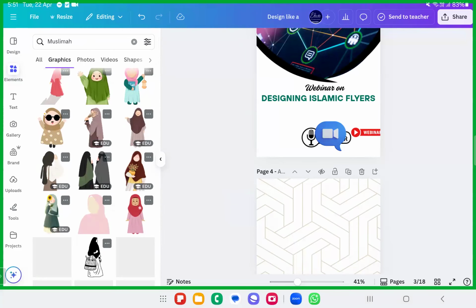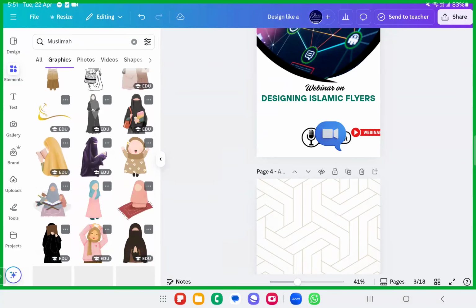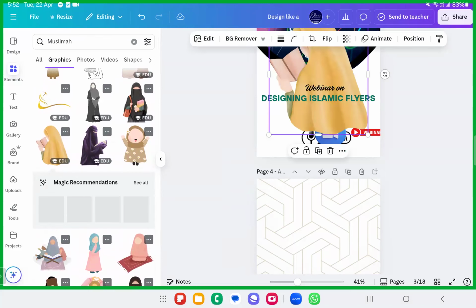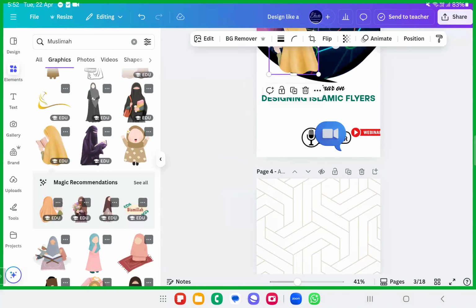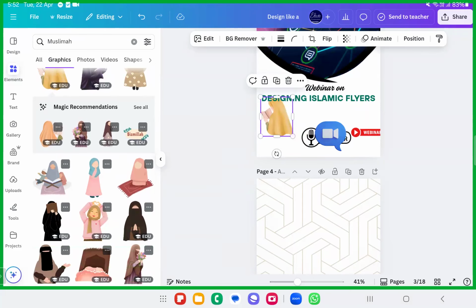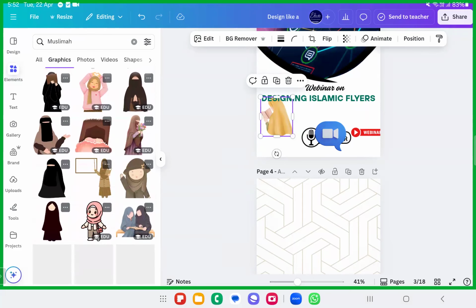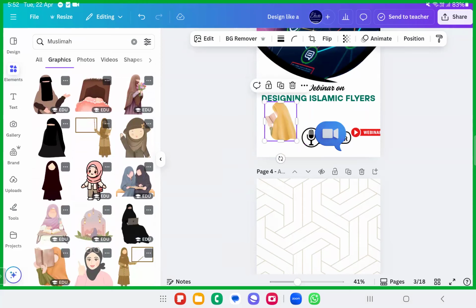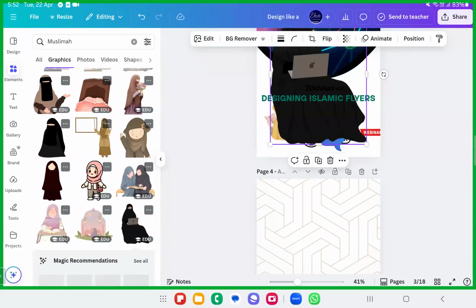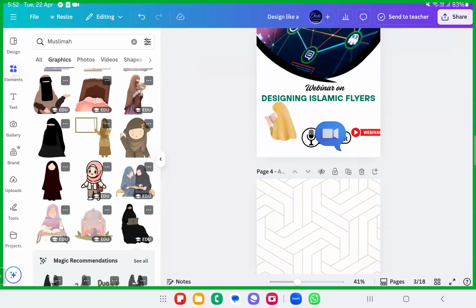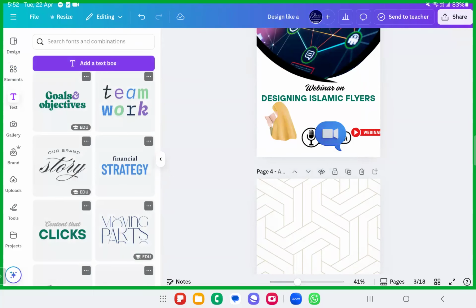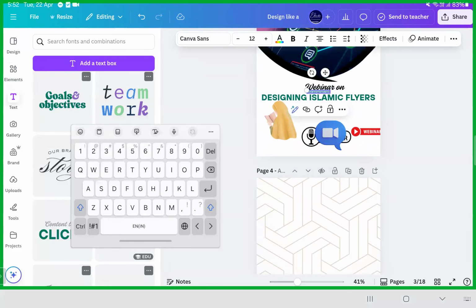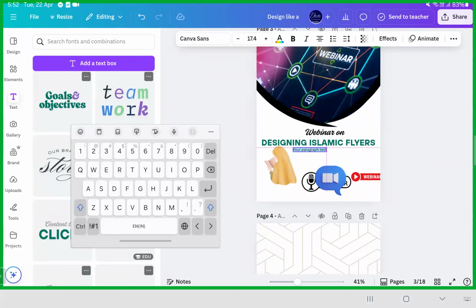For example, you can go ahead with something like this if you wish to. Colors can be changed later. Or if something like a techie kind of feel, you can go ahead with something like this technology if you wish to. And then you can just write the speaker name. You can just write speaker and then Mishal. And make sure you're adding all the stuff that is required, necessary.